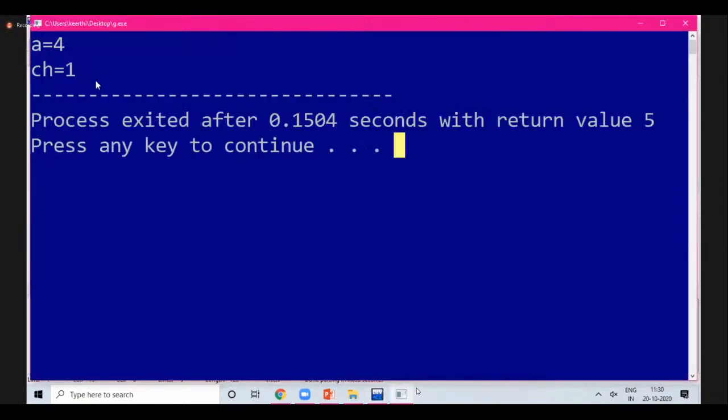So A is an integer variable, so I got 4 as my output. That is, the number of bytes of memory allocated for A is 4, and for ch is 1. This is about your sizeof operator.